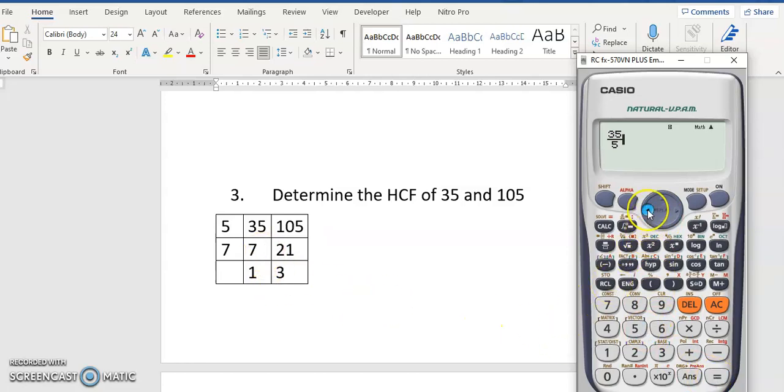Then let's move on to 105. 105 divided by 5 is what? 21. Okay. Then 7 can also divide 7 and 21 without a remainder. Let's check. Let's start with 21 divided by